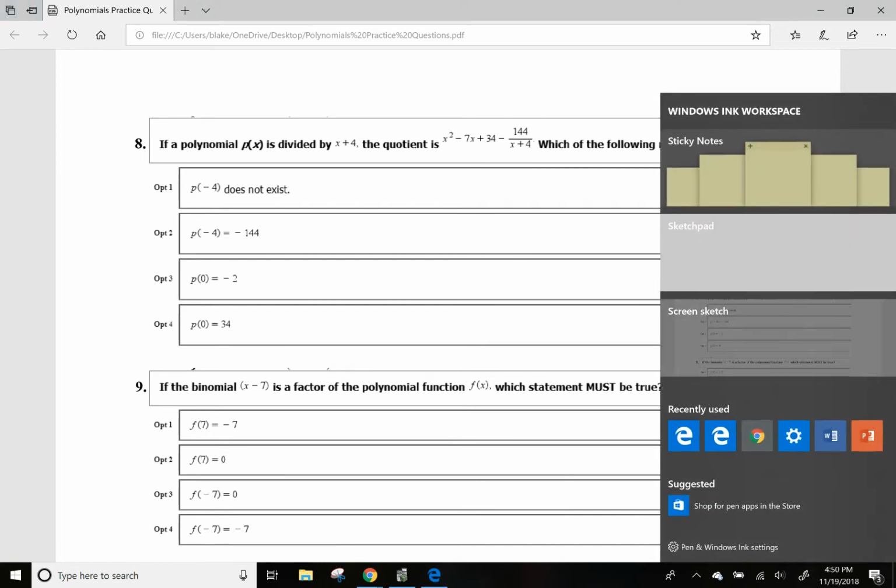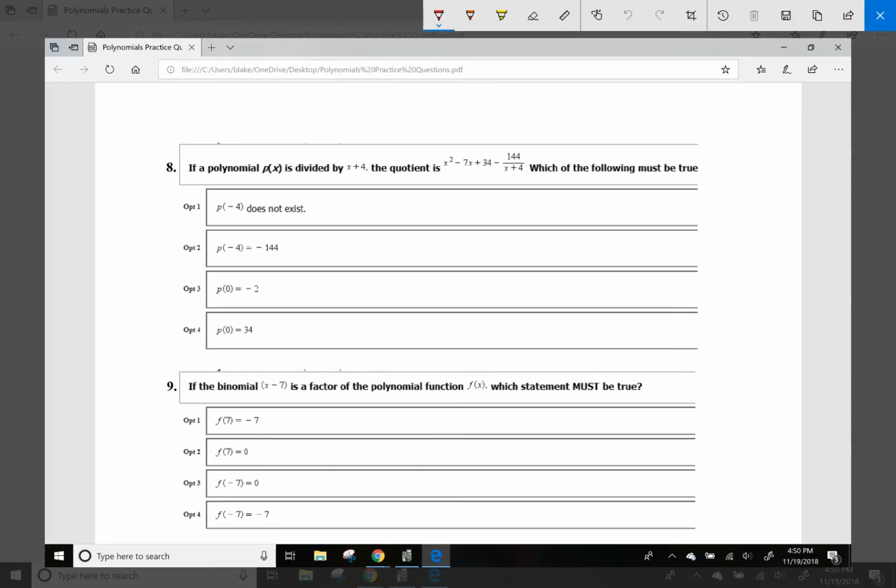If you were to use synthetic division on something prior to this, this would mean that the x value or a value is -4, right? Because you're dividing it by x plus 4. And we talk about how we change the sign a lot, right? And I always also mention that the remainder, which as you can see in this problem is -144 because of that little minus sign there,